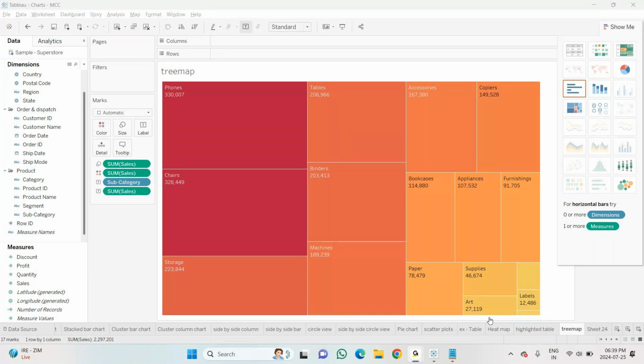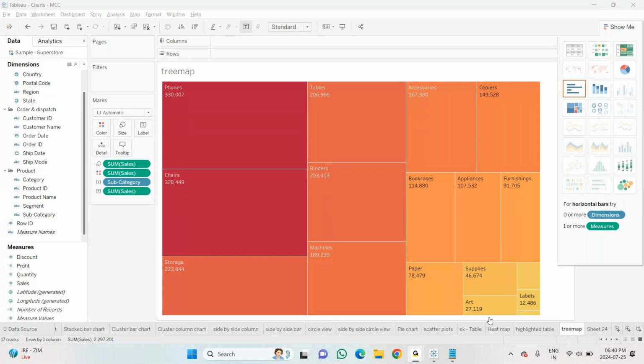Fine. So next thing, we will learn about the next chart, that is line chart. Whenever we are working on a line chart, what happens? We must have some values that are related to date or time, right? That must be related to date and time, so that we will be doing it.